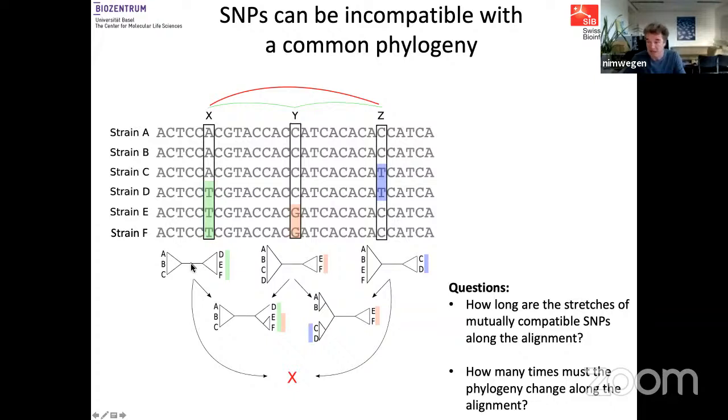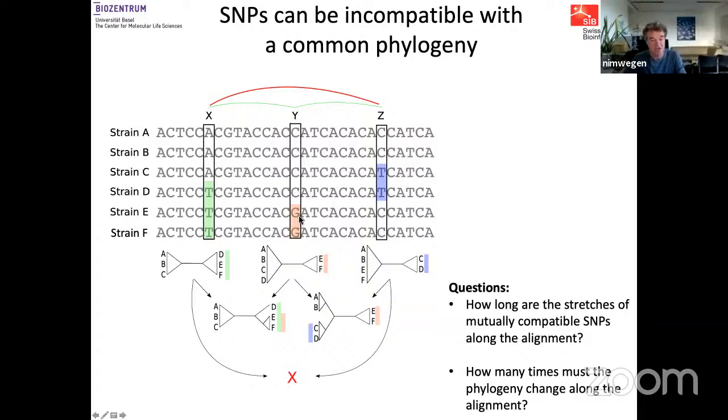And the mutation happened on this branch separating the two, right? Similarly, for this one, if you see E and F share this mutation G, then it means there must be a branch in the tree where E and F are on one side and A, B, C, D are on